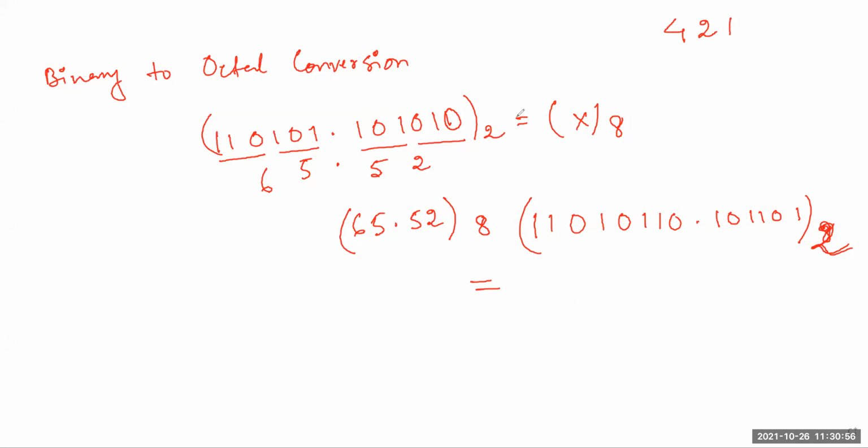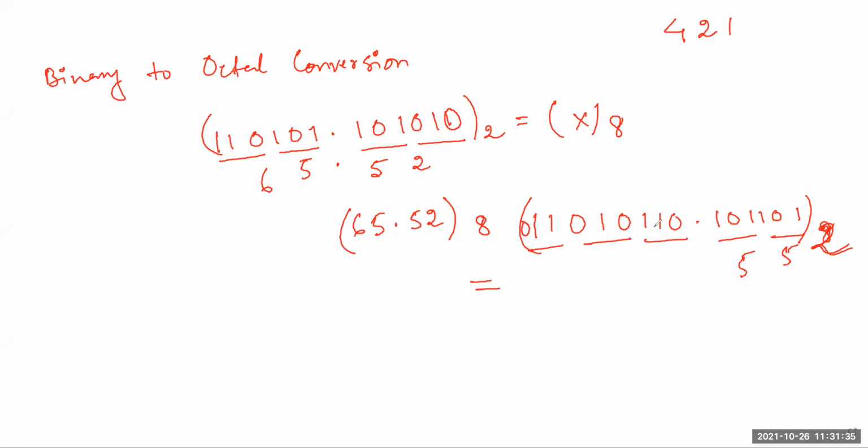Okay, we have seen. Look, here we need to make groups of 3 bits. So here 3, here 3, but here there are only 2 bits. If you get 1 bit or 2 bits but you need 3 bits, in that case you just put 0 on the left side of that particular group. So here there are 2 bits, so I am considering 0 on the left hand side of this group. And this is 3, so 101 means 5, 101 means 5.